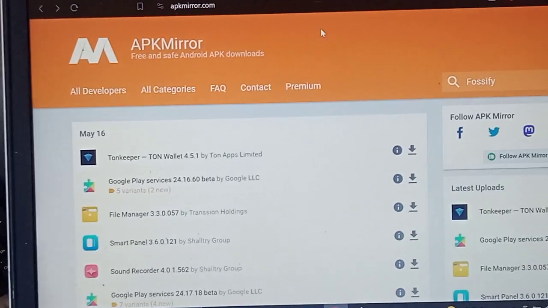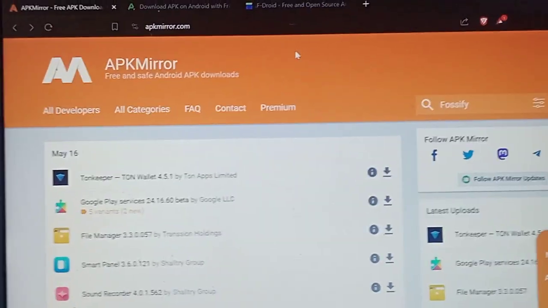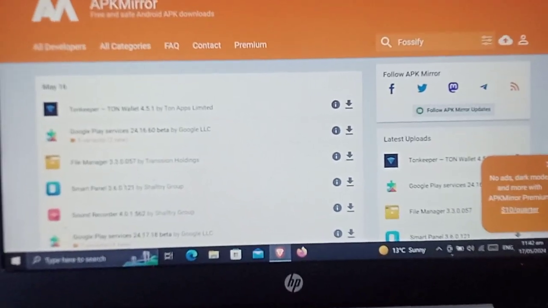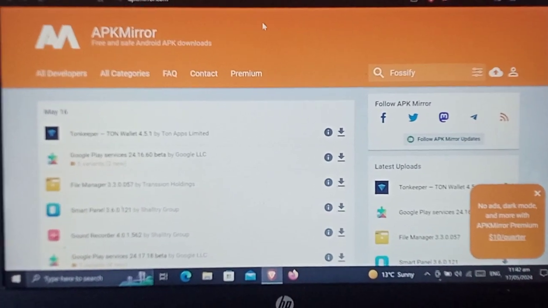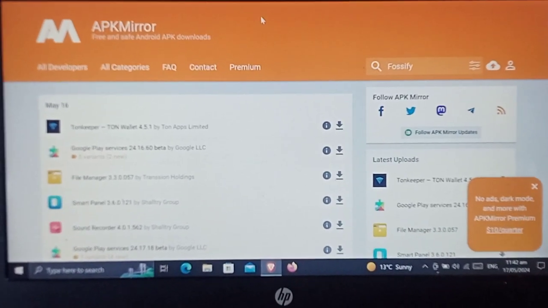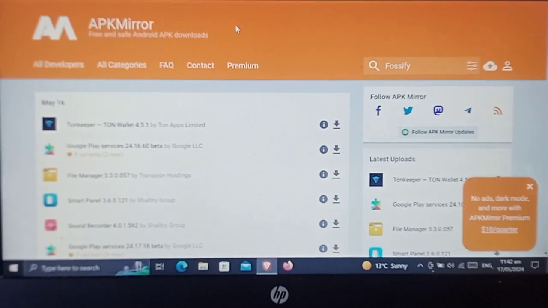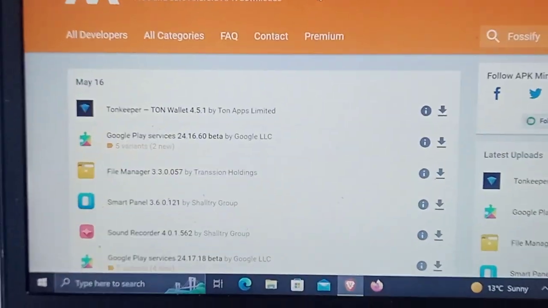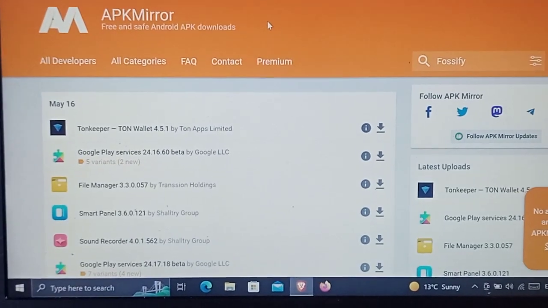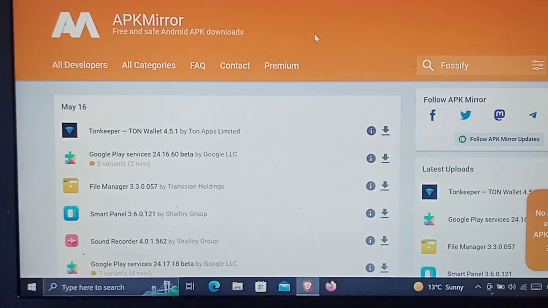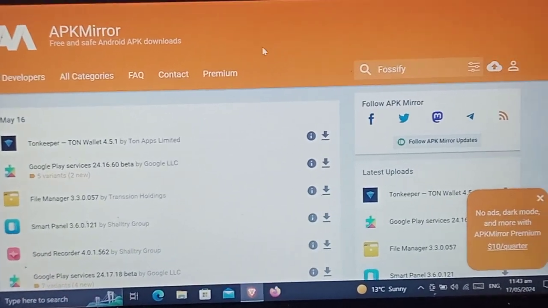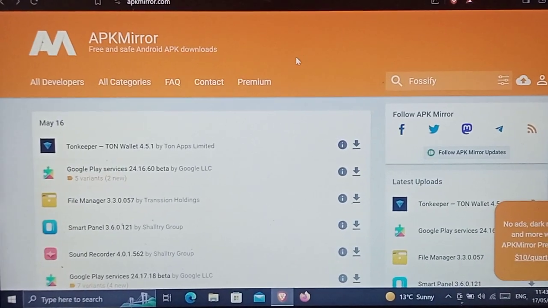There's a couple of places you can go. This one here is APK Mirror, and this is through PC. Now I'll tell you the benefits of this and the not so good sides of this. The good thing is if you download your APK files via your PC, you can make a folder and save them all. That way, every time you have a phone to fix, and I've got a lot of family and friends that need their phones done,